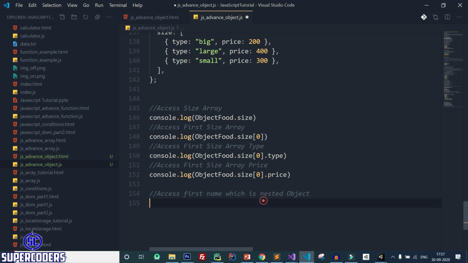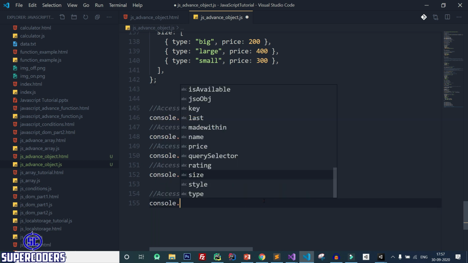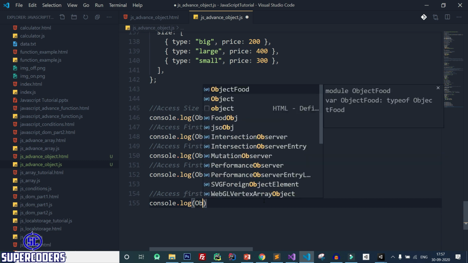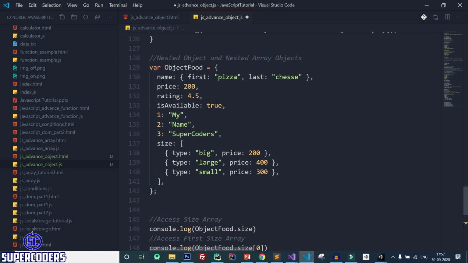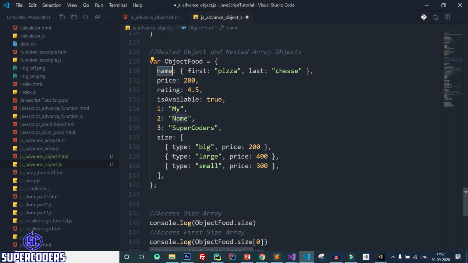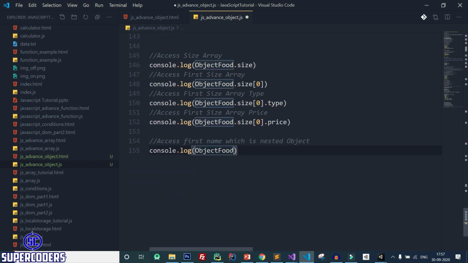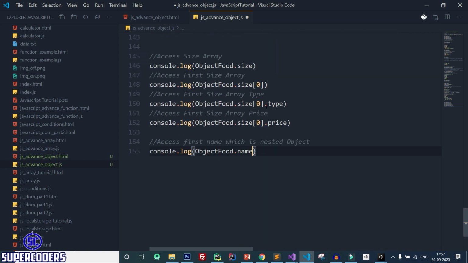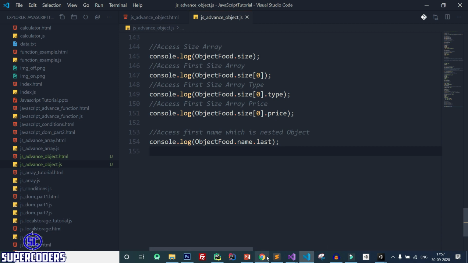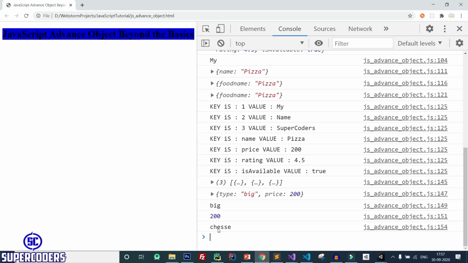Now here you want to use a nested object, so simply again console.log, object food. Now here first we need to access what, which is name. So first simply pass dot name and you want to access last name, so simply pass last. Save it, back to Chrome, refresh the page, and you can see cheese.